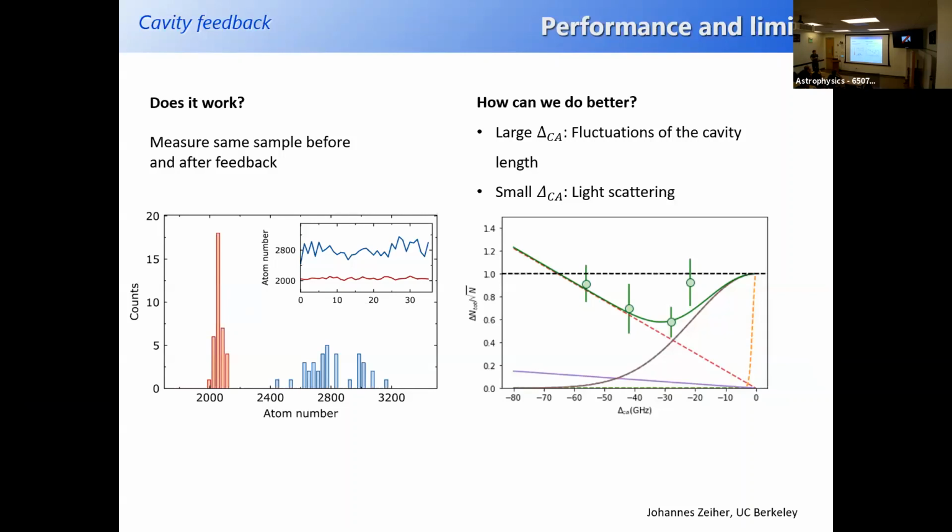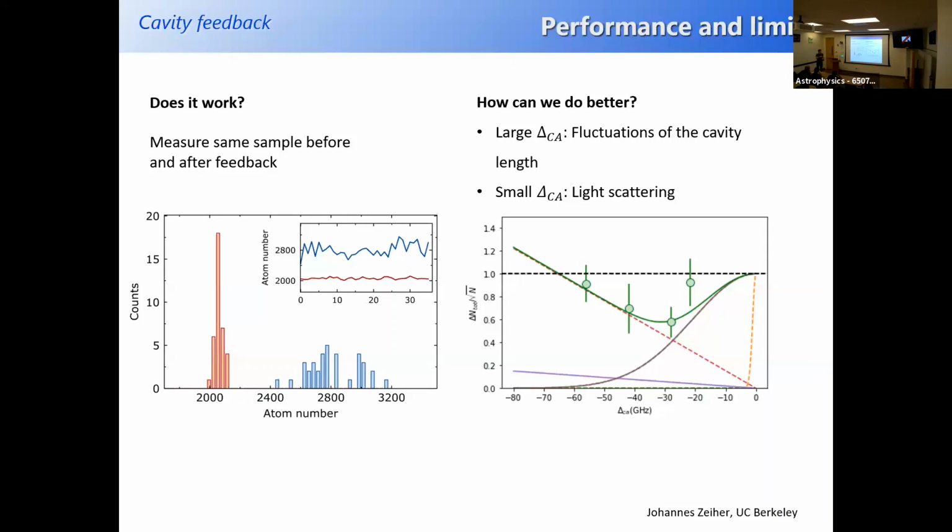There's also an interesting trend, which we started exploring, versus atom-cavity detuning, which is basically the factor of how strongly you couple your atoms to the cavity. We see an interesting minimum, and I've put some theory calculations below that. We can reproduce what we see, and the limiting factors seem to be technical. It is an uncertainty on our cavity that limits us at large detunings, because the shifts get smaller and smaller. So we have to know our cavity detuning better and better, and we're technically limited at that point.